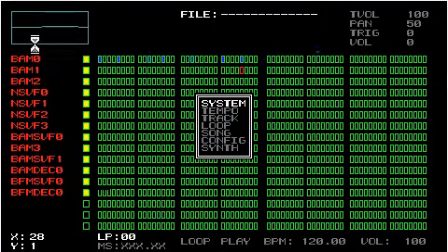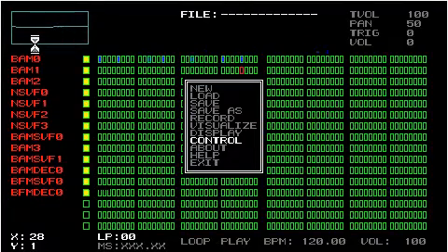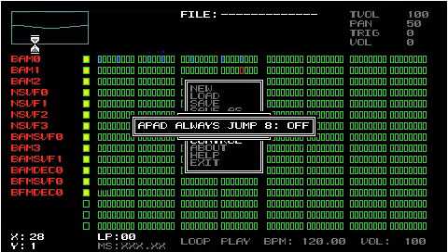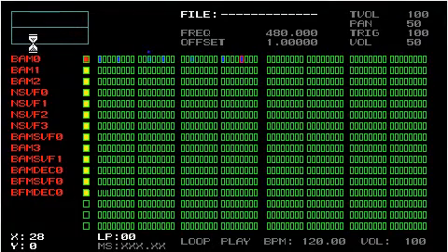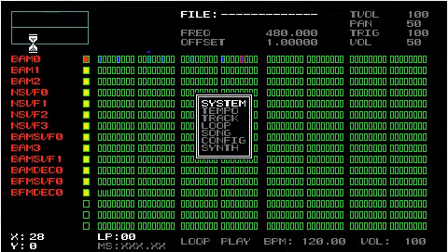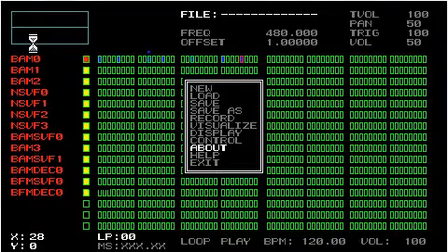So now I'm going to go back to control and turn that back on again. I'm also going to mute this track. So that's everything under control. Now the next option is About. So if I go to System and select About,